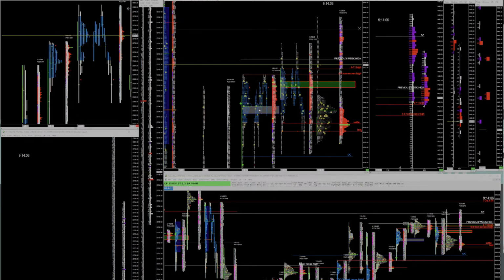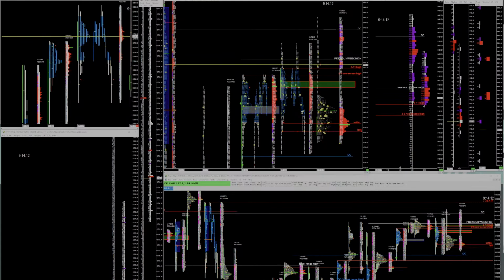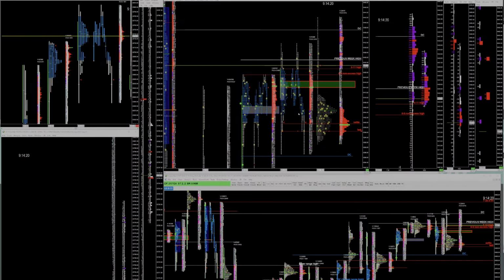Can you see there was 1, 2, 3, 4, 5, 6, 7, 8, 9 periods using this area from the previous day as support. And what happened after that? This liquidation. Market breaks through and gives us excess here right at closing.